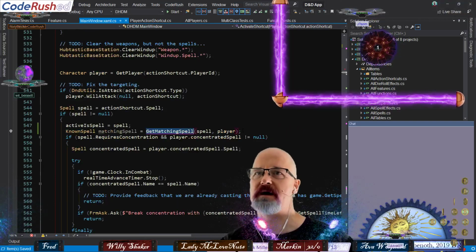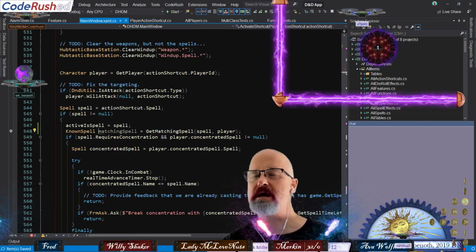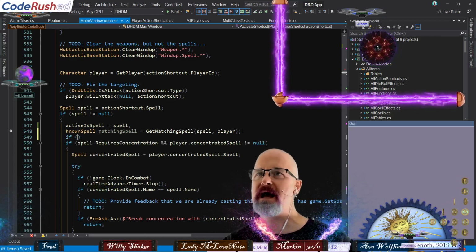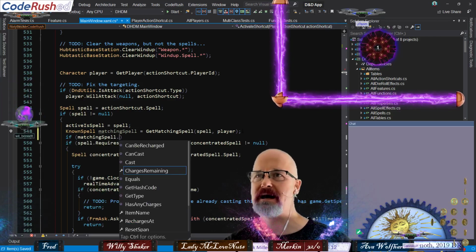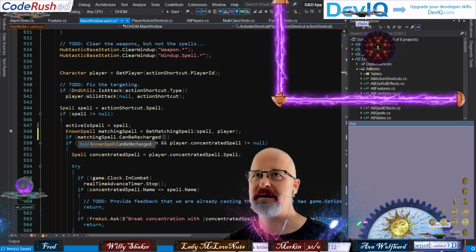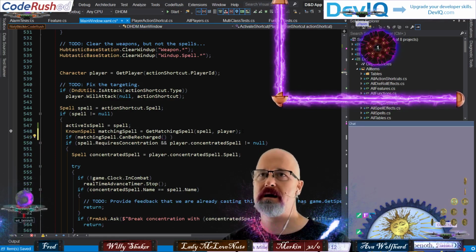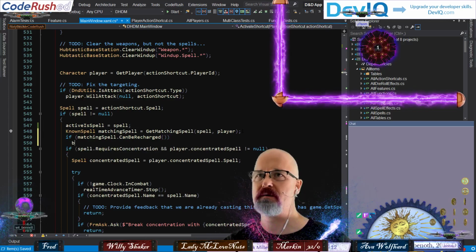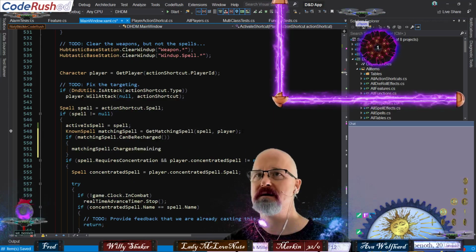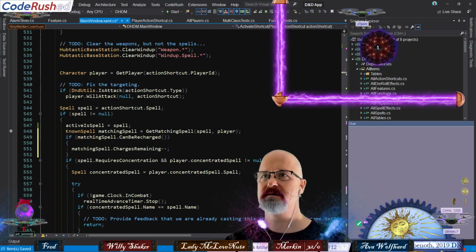Okay, so get matching spell is here. We've got that out. We've got the matching spell here. And now we want to come down and do the exact same thing. If matching spell.CanBeRecharged, like that, then we want to come down here and say matching spell.ChargesRemaining, subtract that from that.